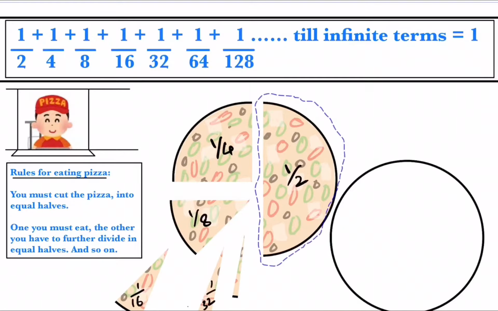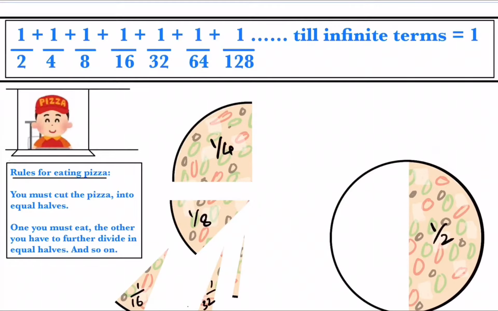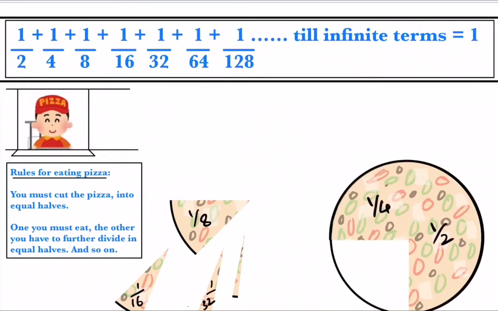For example, say if we take this first slice and place it here in the circle. So right now this whole complete circle is vacant. After placing this slice, only half of the circle will be vacant. So now once we placed this first slice, half circle is filled while the half is still vacant. Now when the second slice comes in, again half of the remaining portion will be filled and half will still be vacant. So 1/4 will get filled up and remaining 1/4 is still vacant.